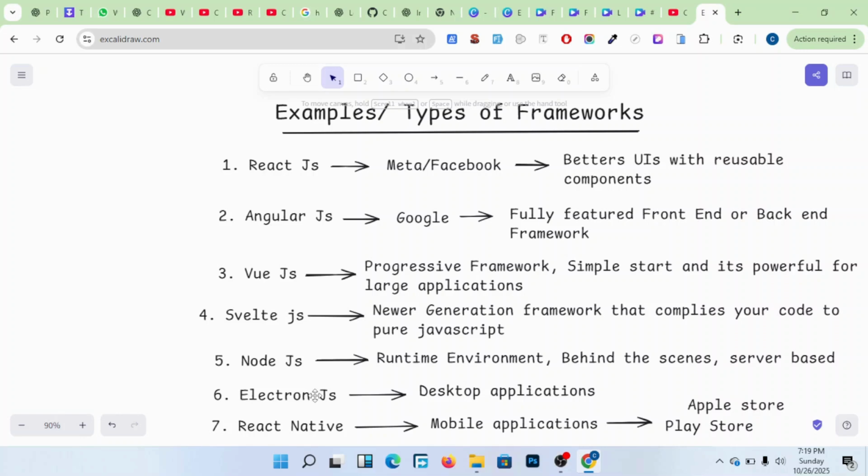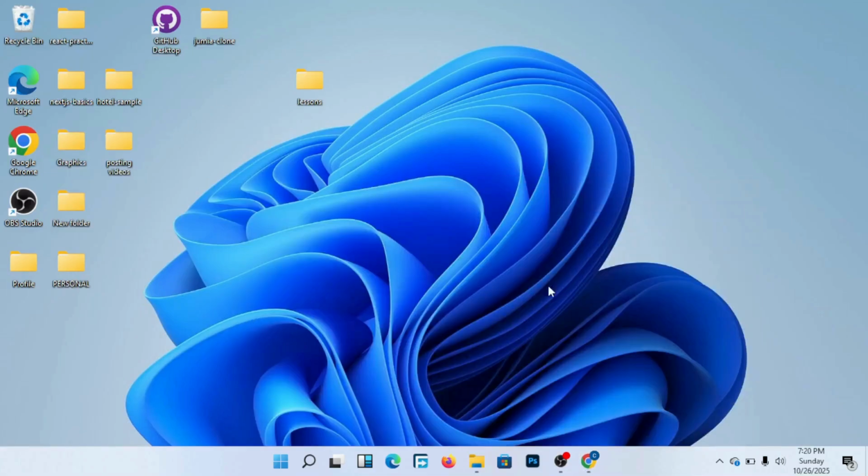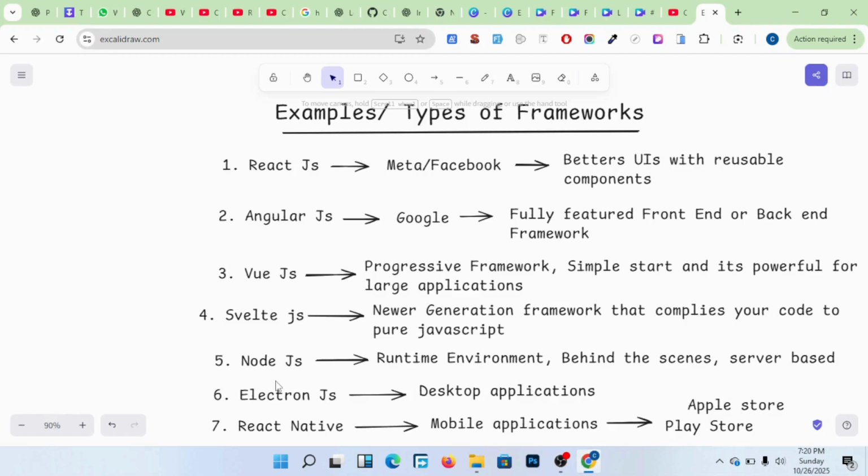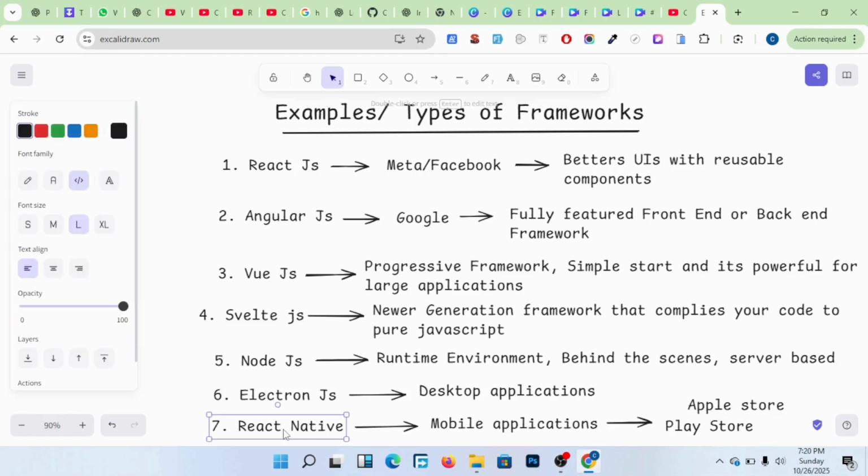Someone knows Electron JS, they are very good at building desktop applications. For example, these ones you're seeing here on a desktop are Electron JS. Someone says, I'm very good at building mobile applications. So that's when you go for React Native, and that's when you venture into building mobile applications, which you can put on Play Store or